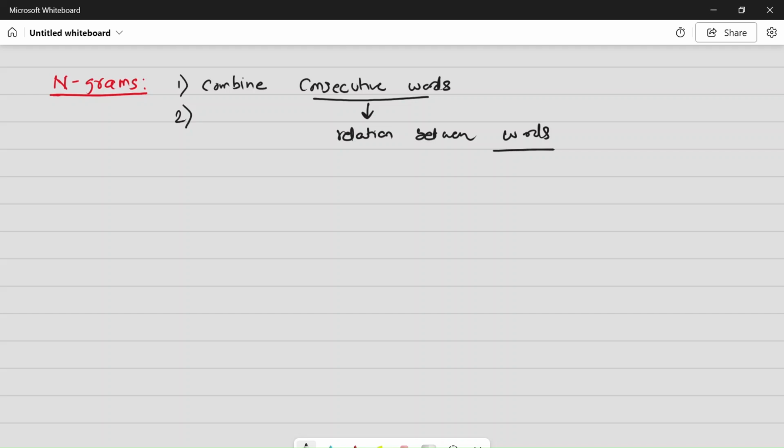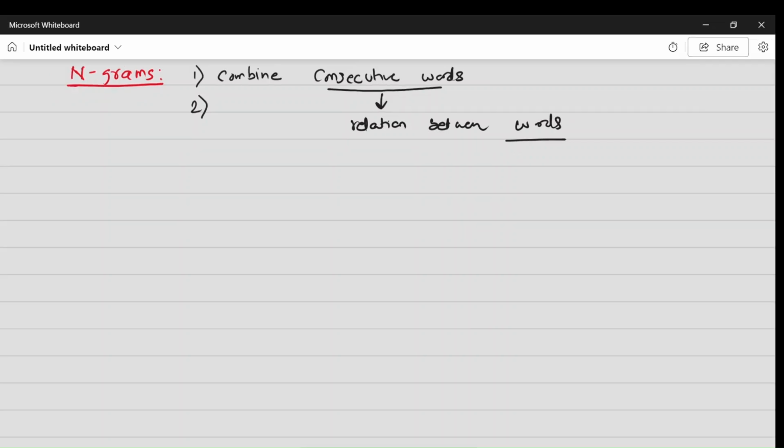Now there are different types. We will see in a couple of minutes. In n-gram, we have various types. The popular, common n-gram is the unigram. Unigram means n is equal to 1. When we say n is equal to 1, the meaning is that we are considering only one word, the individual word. For example, if I say the cat sat,